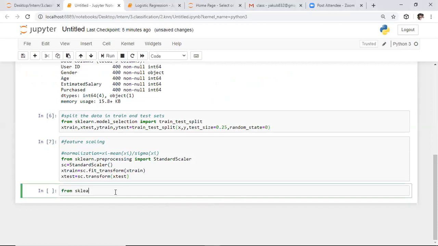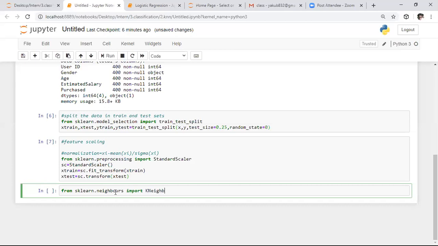In sklearn, I told you the syntax in the previous class: from sklearn, that family, import class. Here it belongs to the neighbors family. So I'm saying sklearn.neighbors, and from this I want to import KNeighborsClassifier. We need to import the k nearest neighbor classifier, so here I'm saying KNeighborsClassifier.